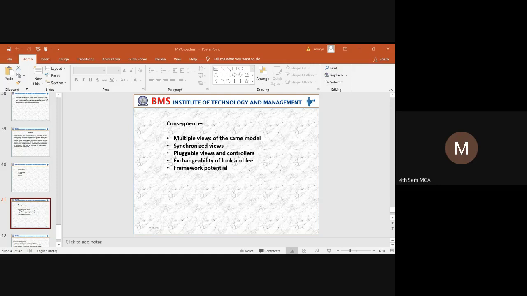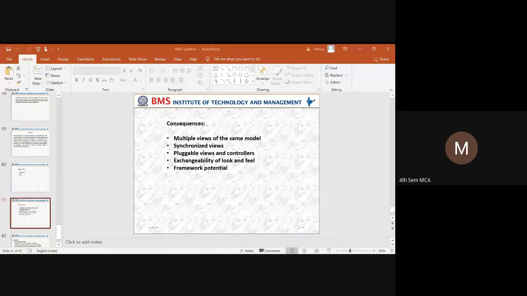And the next thing is exchangeability of look and feel. That means whatever data we have has to be represented in a look and feel format, so that it can be easily interpreted by the end user. How can we adapt those changes? By using exchangeability, a new platform can be adopted which does not affect the core functionality of the application.